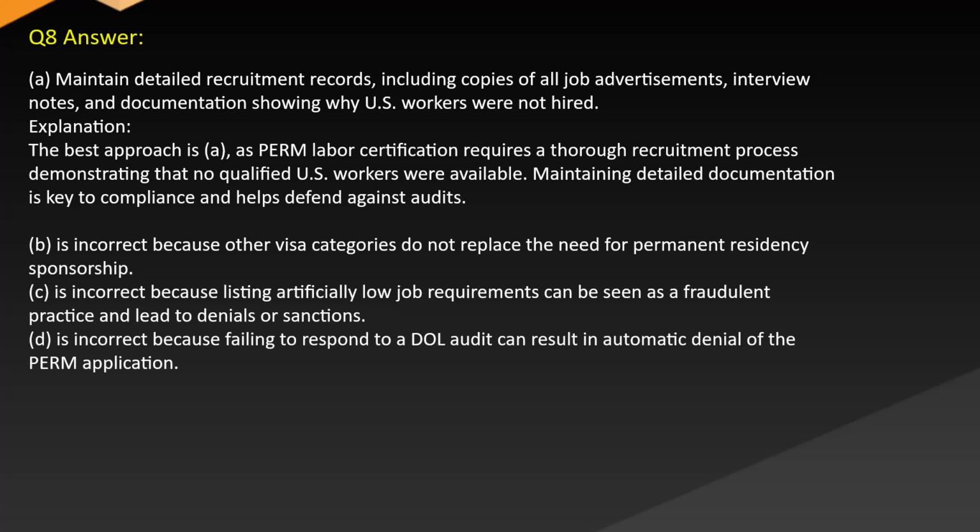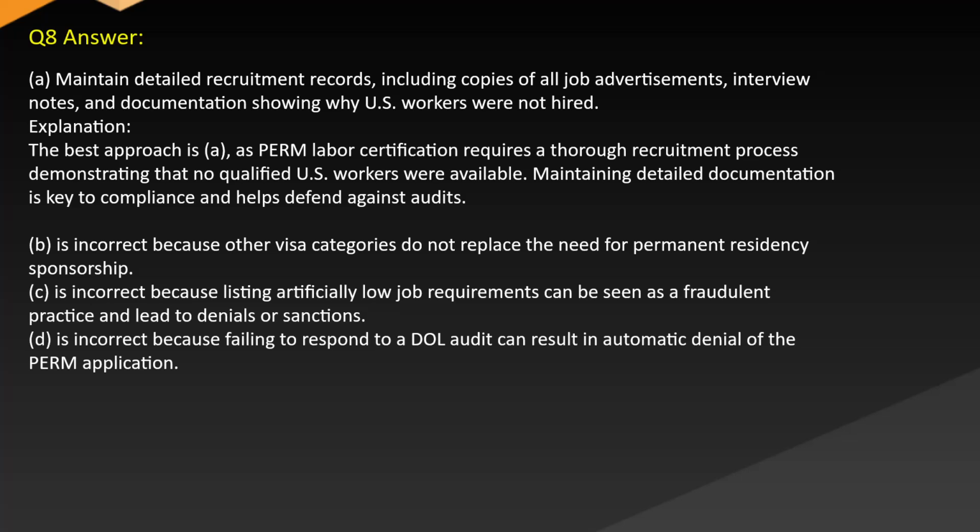B is incorrect because other visa categories do not replace the need for permanent residency sponsorship. C is incorrect because listing artificially low job requirements can be seen as a fraudulent practice and lead to denials or sanctions. D is incorrect because failing to respond to a DOL audit can result in automatic denial of the